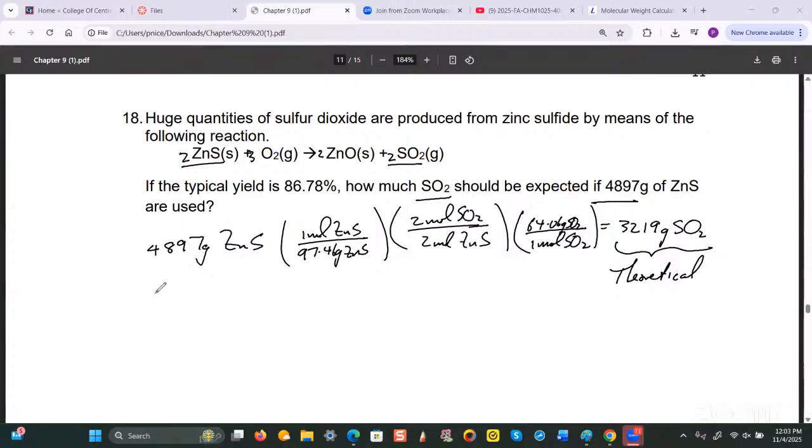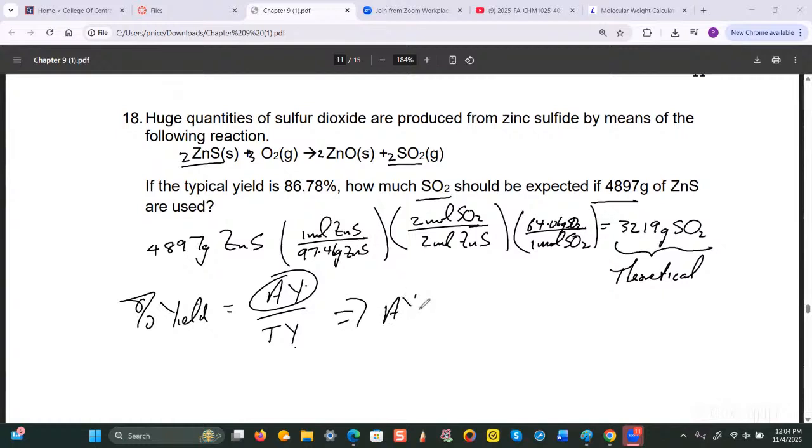So the question, now remember, the relationship between the actual yield and the theoretical yield is percent yield is equal to the actual yield divided by the theoretical yield, right? What the question is asking for is the actual yield, right? So if we rearrange this equation, you're gonna get actual yield is equal to the percent yield multiplied by the theoretical yield, right? So the percent yield is given as